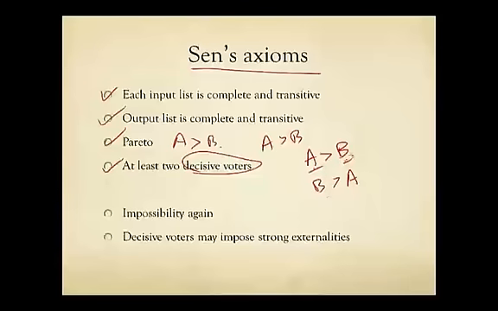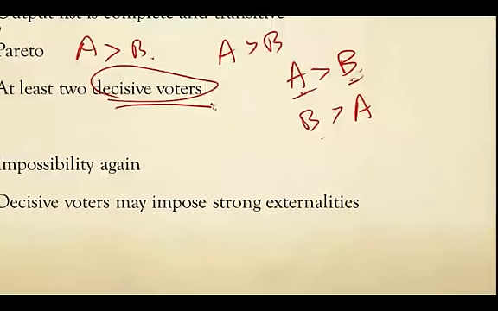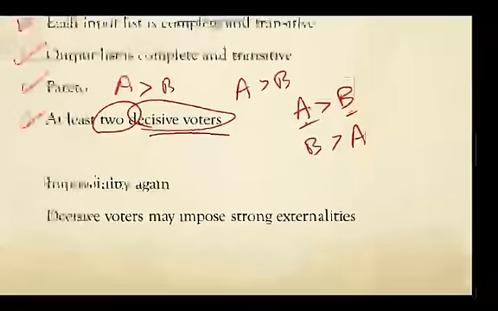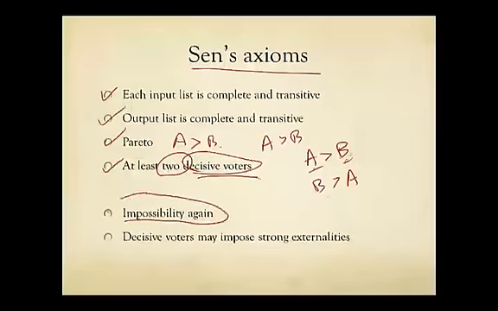Now, of course, that's a very strong power, and if there's only one such person with these powers, then that is a dictator. So there needs to be at least 2 decisive voters for the system to be a real voting system. But still, that gives 2 or more voters a very strong power to rule over the others. And it turns out that this strong power would make voting systems impossible. There is no voting system that can satisfy all 4 axioms.